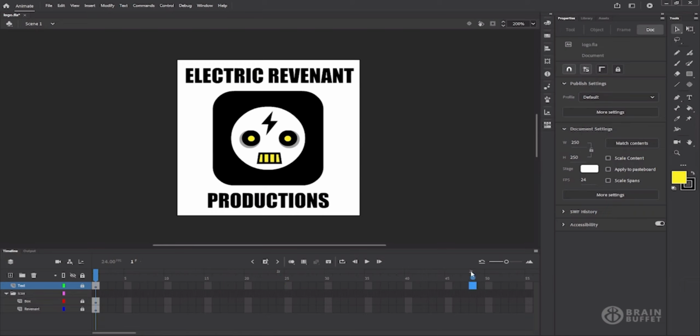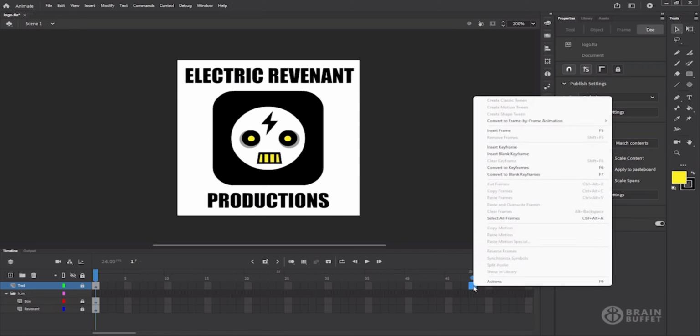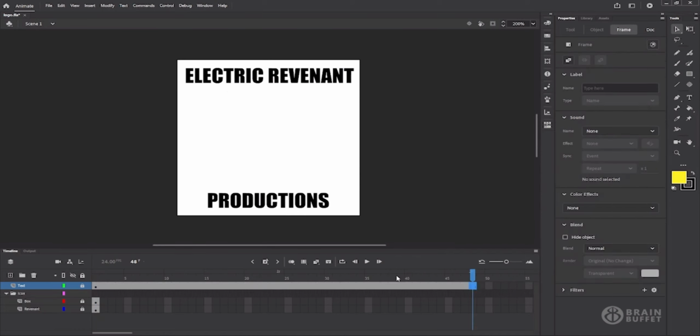So if we want to actually extend our frame spans here, you can see we only have the single frame of content. If I want to take out the text to 2 seconds, I can select the frame at the 2 second mark. And if I right click, I can choose Insert Frame. Now that I've done that, you can see that the frame span extends all the way to the 2 second